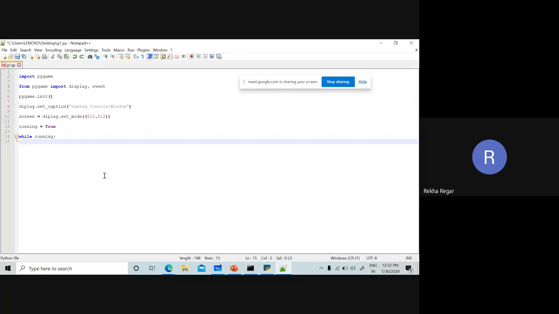Suppose the current event is simply CE, one variable, and we are going to take the event. So how to take the event? Event dot get. This is the way to get the event. With the help of this, we got the event. So for event E in CE, whatever the events we are having in continuation, we have to do some activity. So for E in CE,